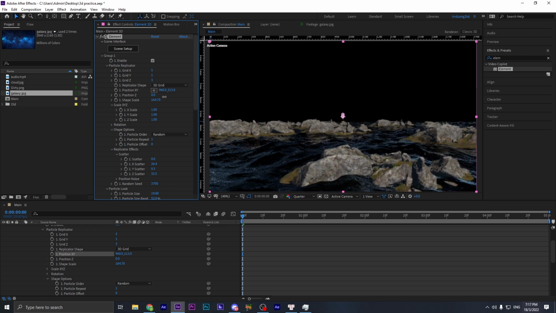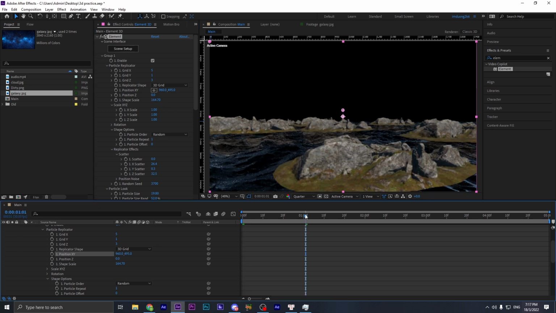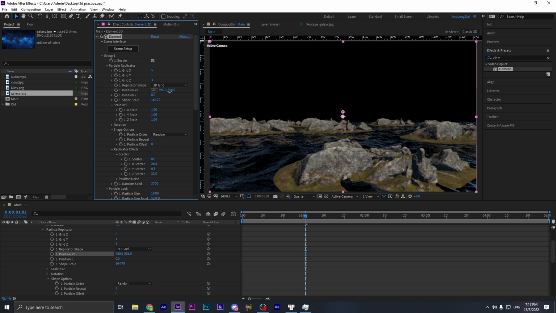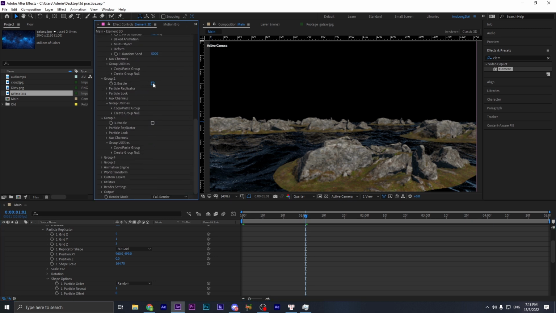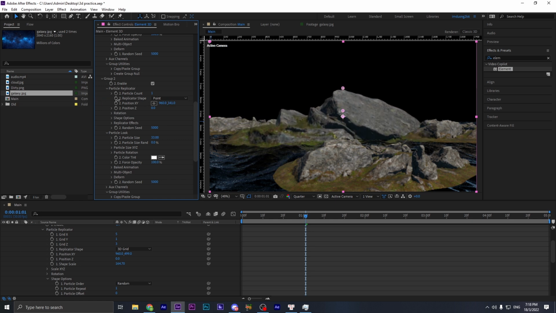Alright, so here is basically what happened. You're gonna have a really good surface of water under this. So what we're gonna do next is enable the second group. For the second group, for the particle look, I'm just gonna set this one a humongous big blades looking up like this. Put this one up, as you can see, it's a really big